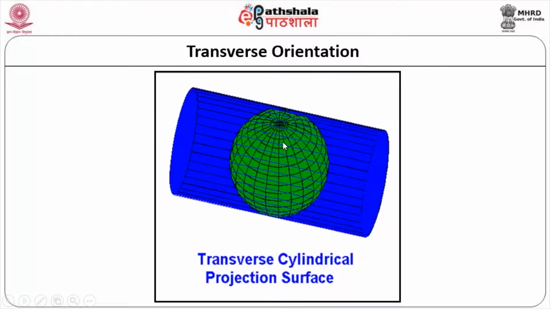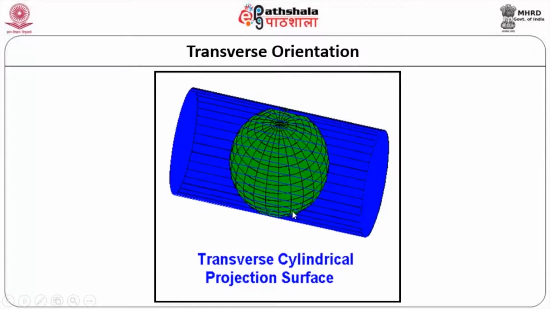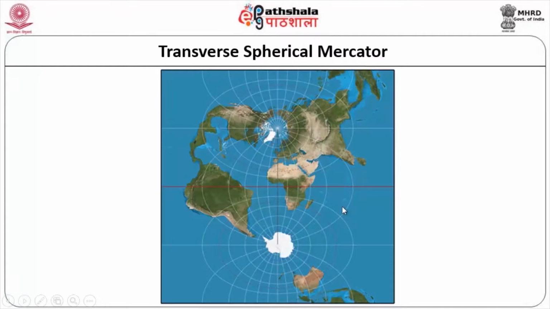And this is your transverse orientation, slightly different from here. In this case you see the line was vertical, whereas in this case it is inclined. Transverse to the cylindrical projection surface, how is it there? So when you try to open it up, there will be a slight variation. You can see the centers here. So this is your polar surface, both of them are there, and you will find there will be a variation, and it will be more spherical in nature.